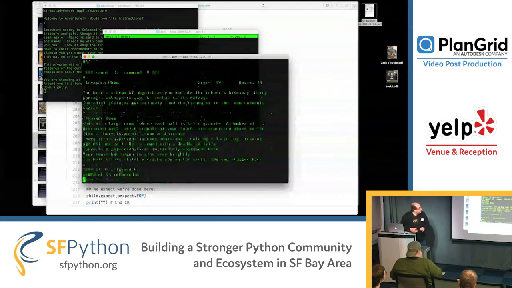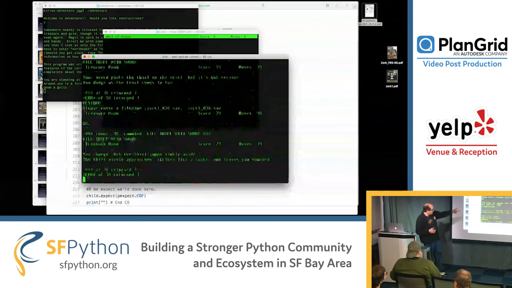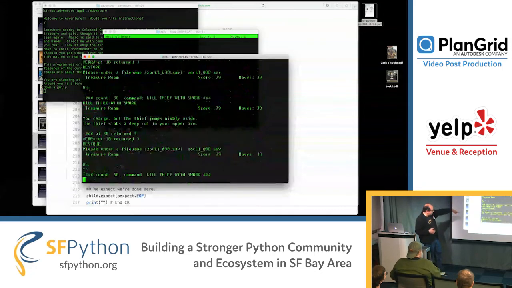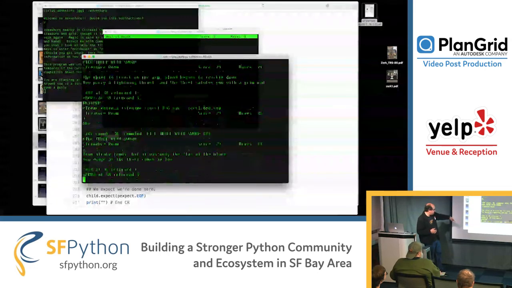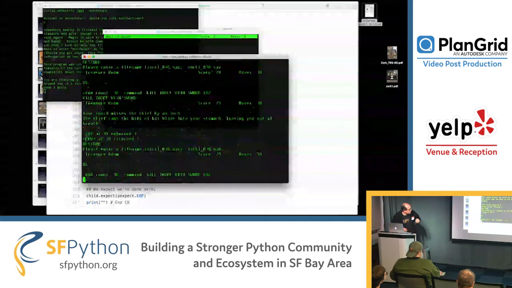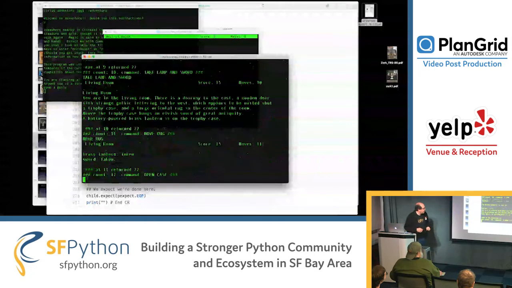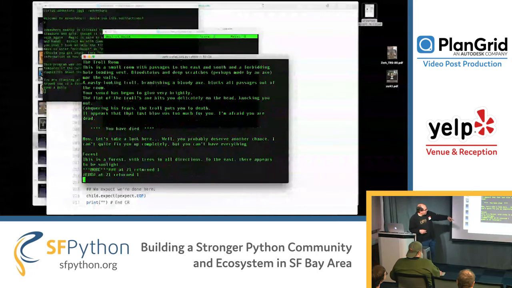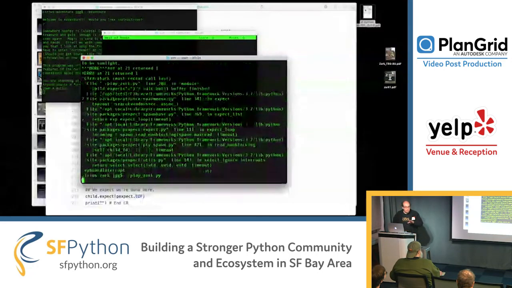Go. You can see it's playing the game. We already killed the troll. It's working on trying to kill the thief. It's having a hard time. Usually it's killed him by then, but let's try this one more time. Of course, it always works at home and it never works here.